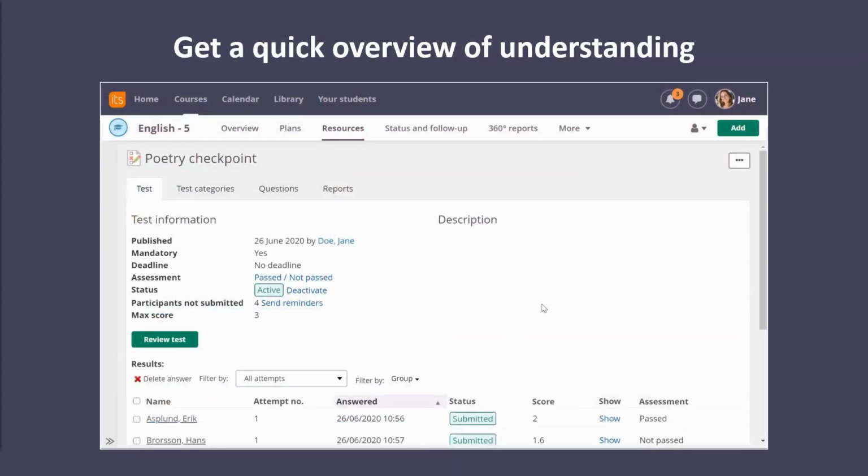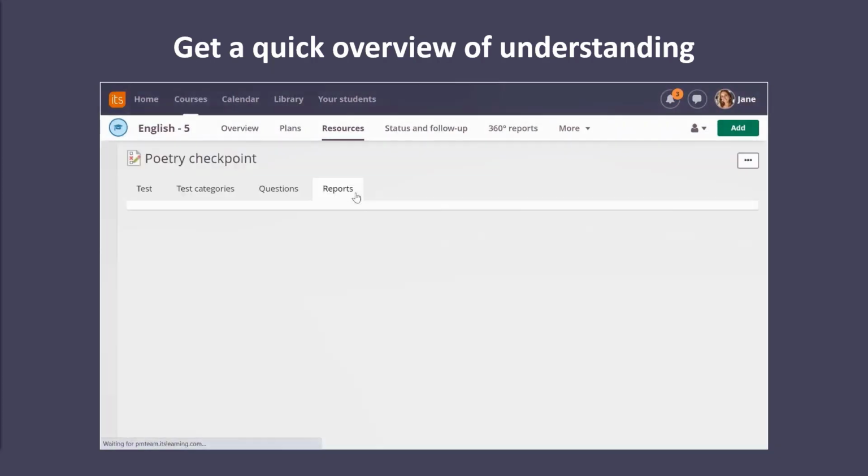So the last tool or last activity I want to discuss in this topic is the test tool. And one example of the test tool is to use it to get a quick overview of understanding, or use it as a quick check for understanding, so to speak. So in this case, let me start the video again. Students have already answered this test. If you then jump into the